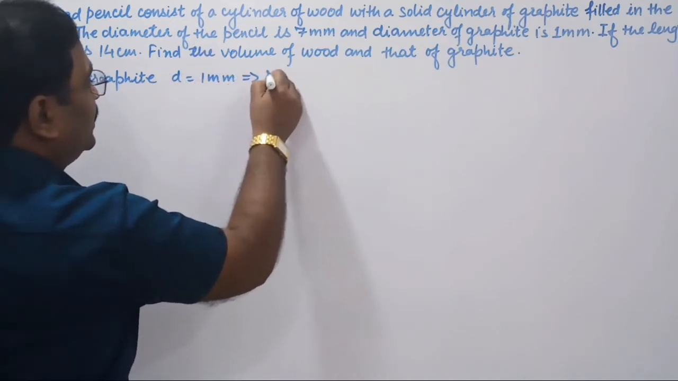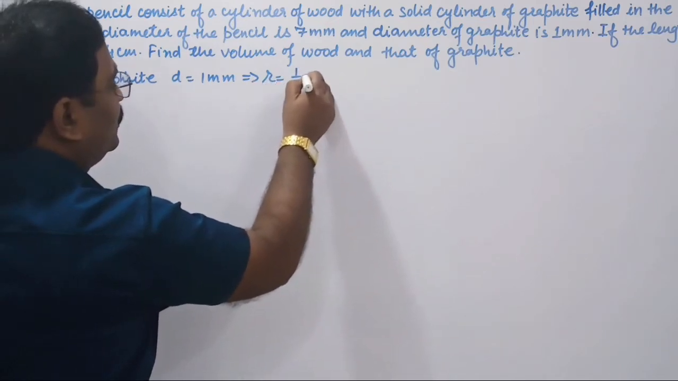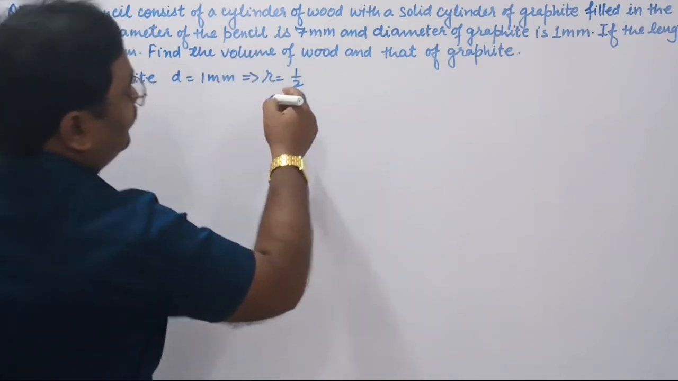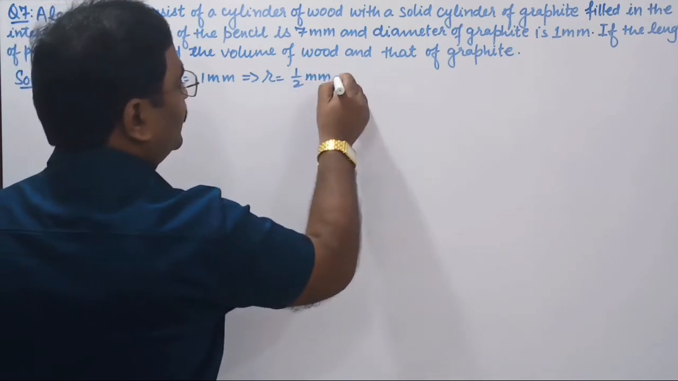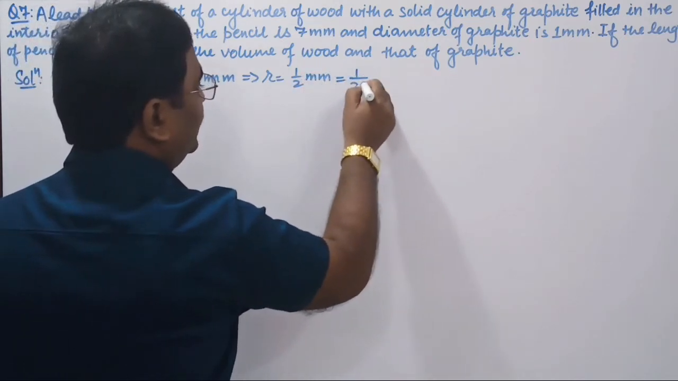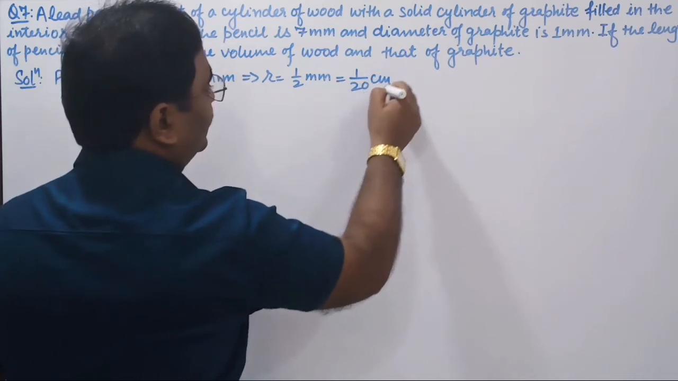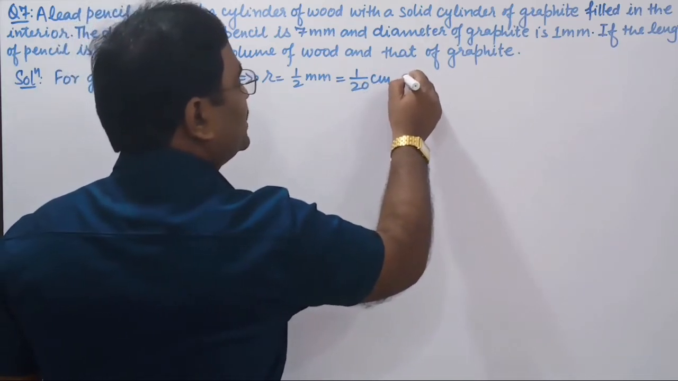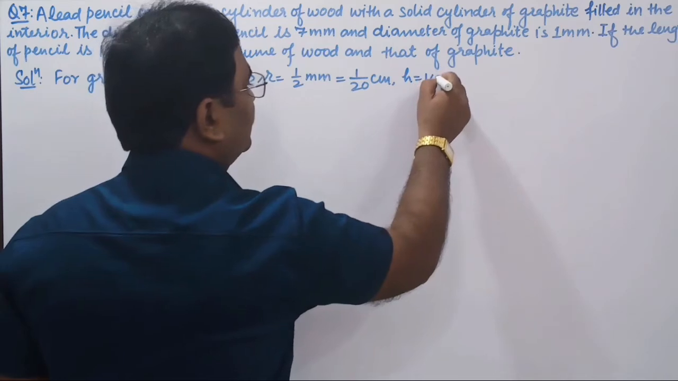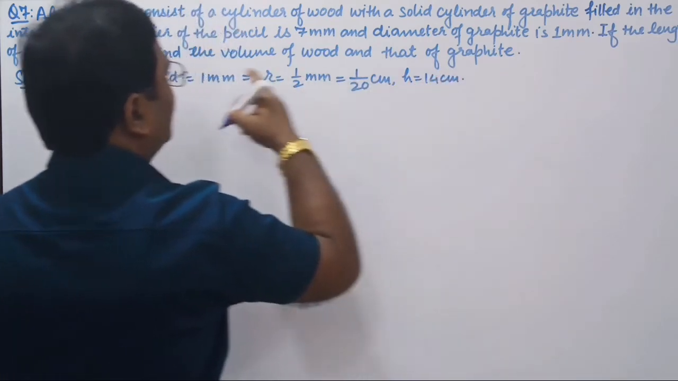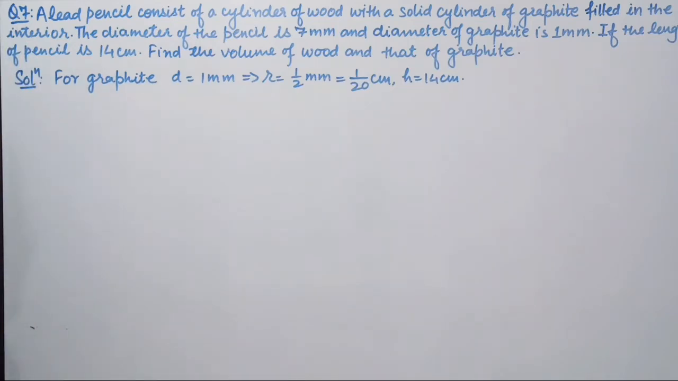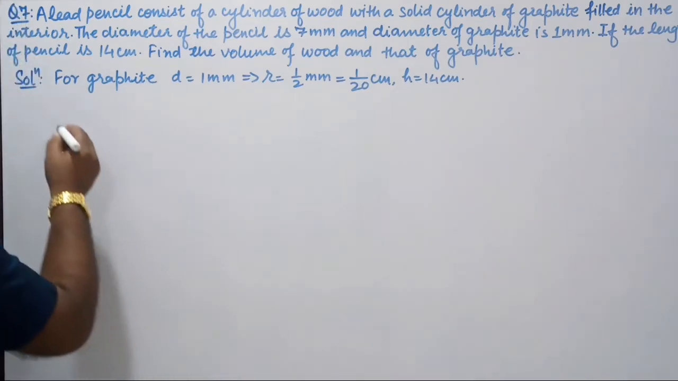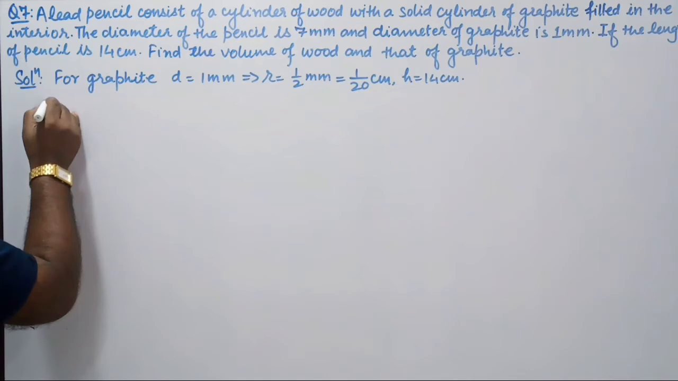So the radius will be 1 upon 2 mm, that is equal to 1 upon 20 centimeter. The height is given as 14 centimeter, that is the length of the pencil. So the volume of graphite in the pencil